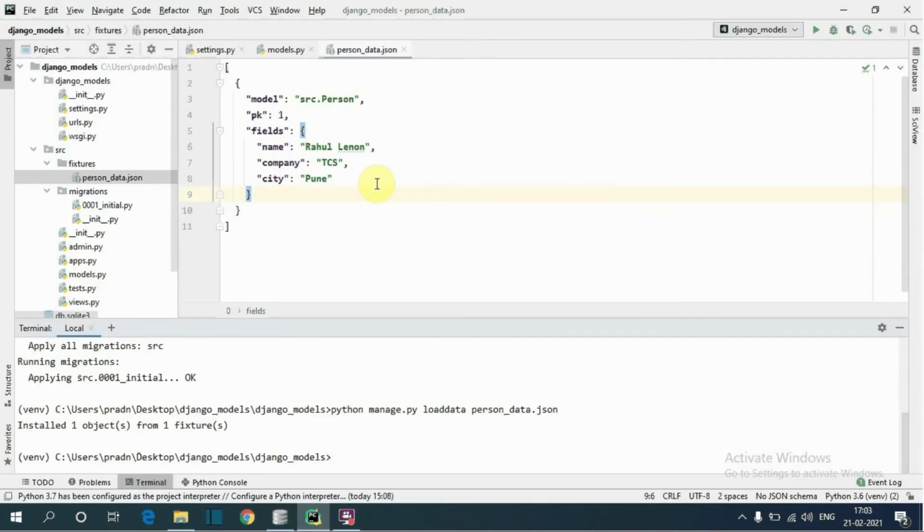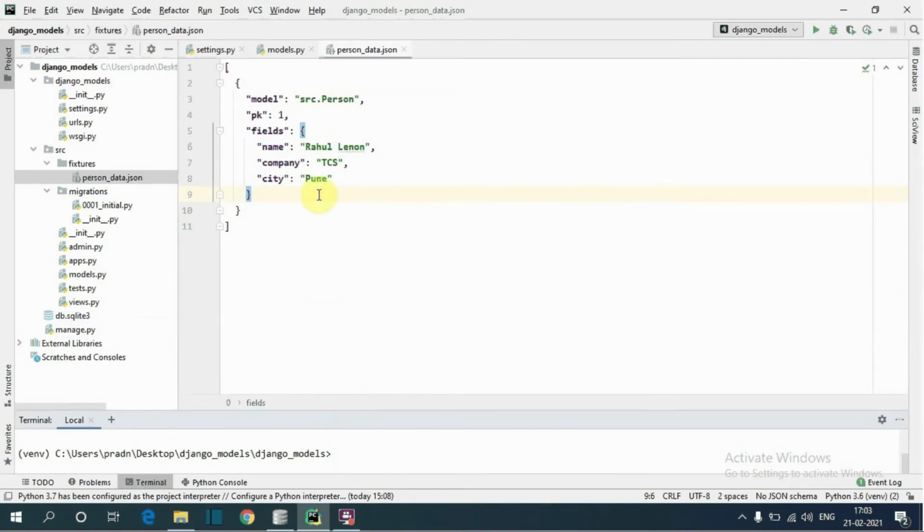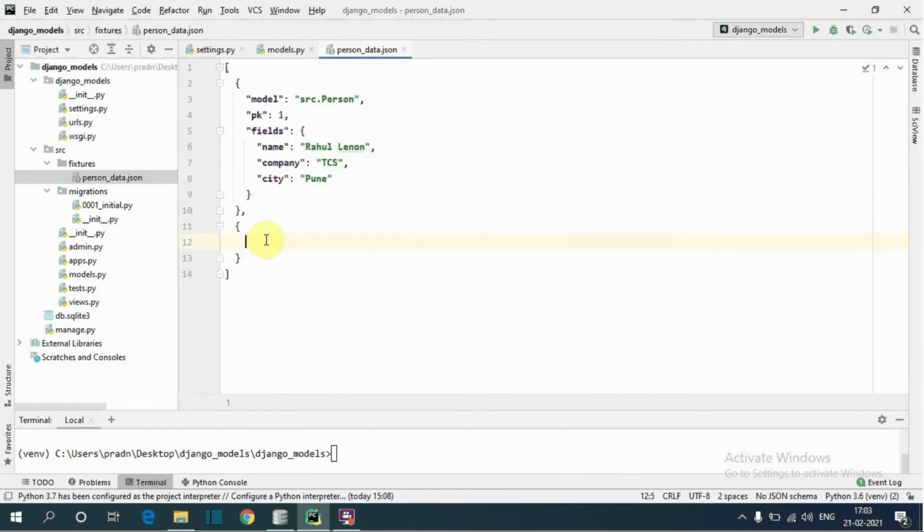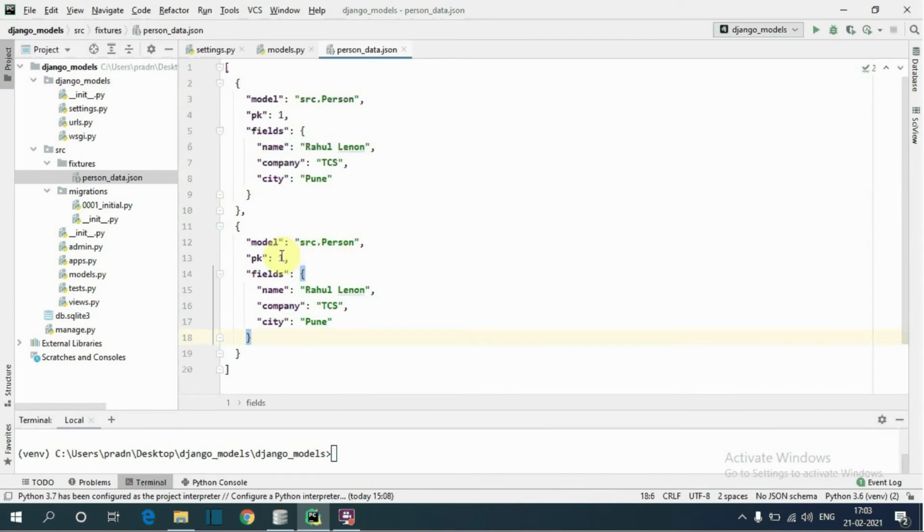Next we can insert more data by typing here a comma, then another JSON object. So first I will copy this. Here I will set the id value to 2, then the name Sonal Lewin. Here I will give the company name.